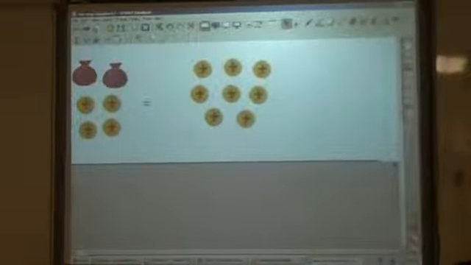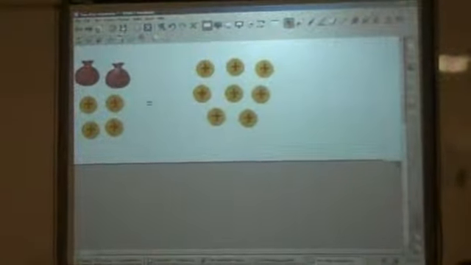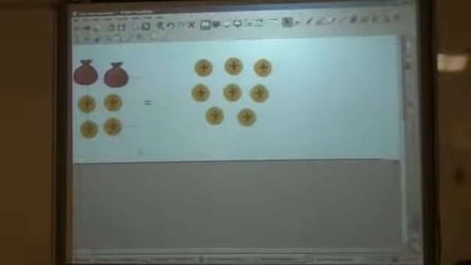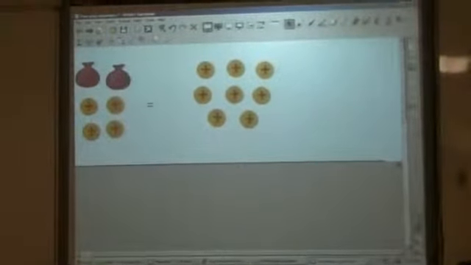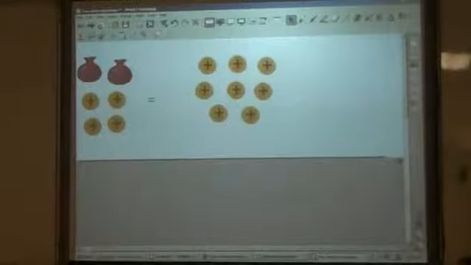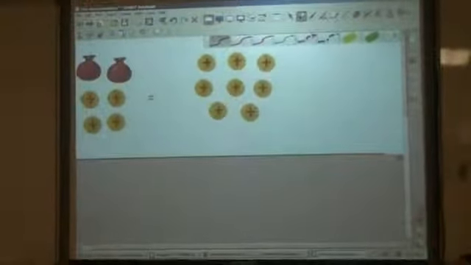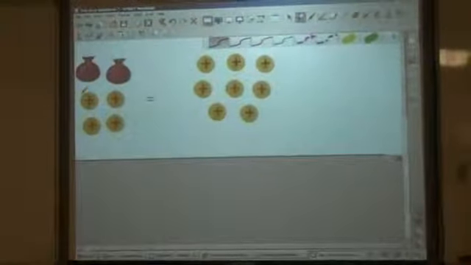If you look on this left side of the equation, we have 2 diplomatic pouches, and we also have 4 coins. This is going to be equal to these 8 coins. And what we're trying to figure out is how many coins are in each pouch. Well, if I know I have these 4 coins,